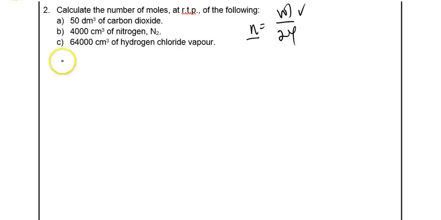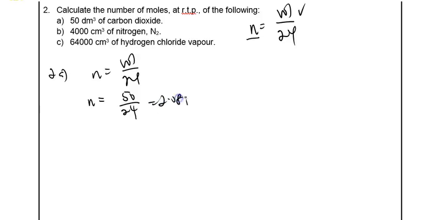So let's do 2A. For 2A, number of moles equals volume over 24. I have no idea what the number of moles is, but I know the volume is 50, divided by 24, and I will get 2.08 moles. For 2B, notice this is given in cm cube, and the 24 here is in dm